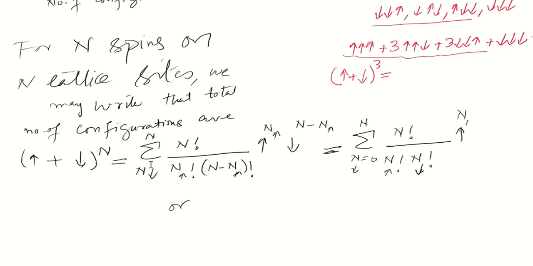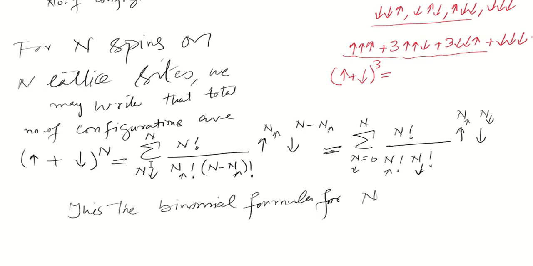So this is the binomial formula for n lattice sites in which n up number of spins are facing upwards